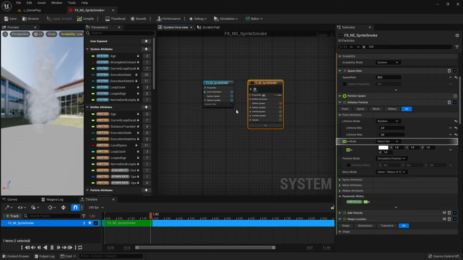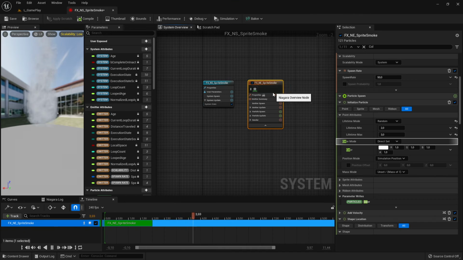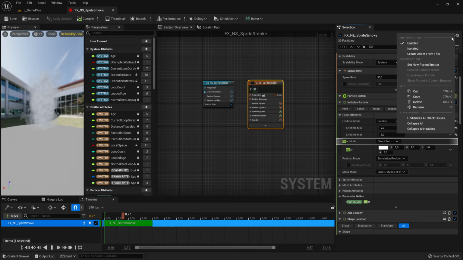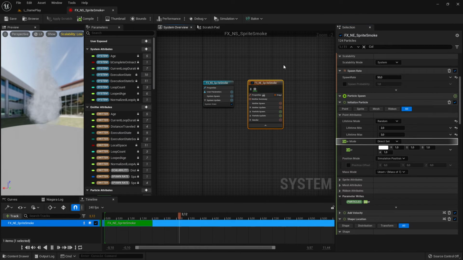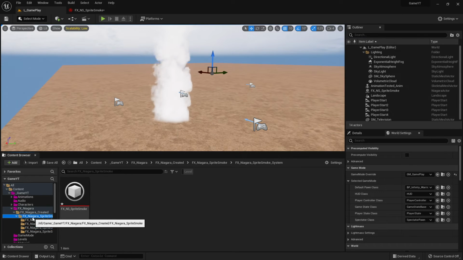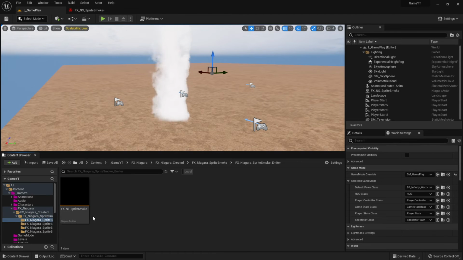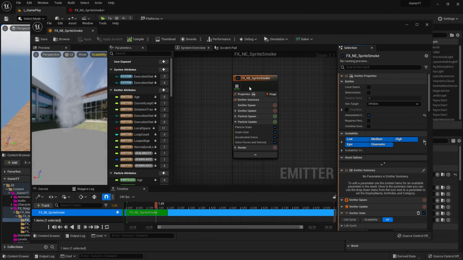And you can change here, of course, more and more, but you won't save them, right? That's very important actually. And the last step that you could make is to say, okay, I changed this emitter, I like this emitter, I want to reuse this emitter perhaps later anywhere else. You go to the right step here on top and create asset from this, and then this one will be created as a separate emitter. And that's why I have here one more folder for emitter, and this is the emitter which was created from